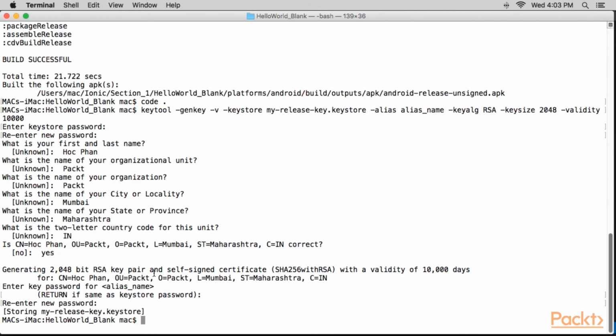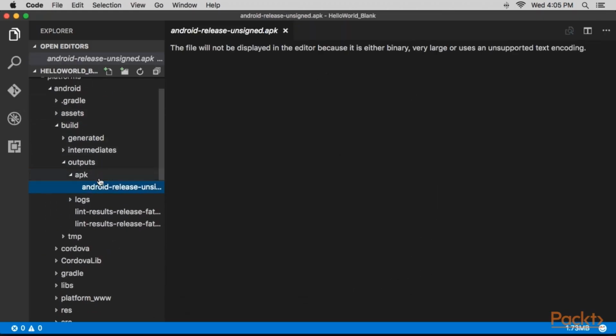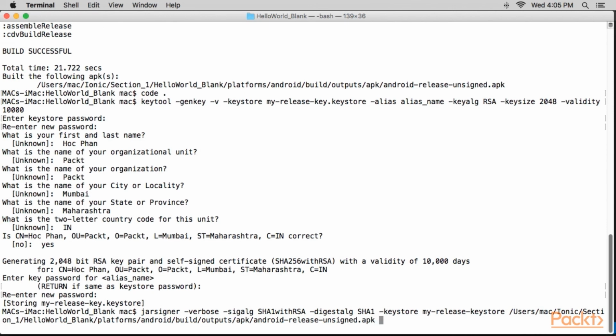The next step is to use that file to sign your app so that it'll create a new .apk that Google Play allows users to install. For that, you'll have to write this line. You'll have to add the name of the key store and the name of the app APK. You can just copy the path of the APK we built, paste it in this line of command, and write alias name at the end. So this would be the line of code we need to run to sign the .apk file,